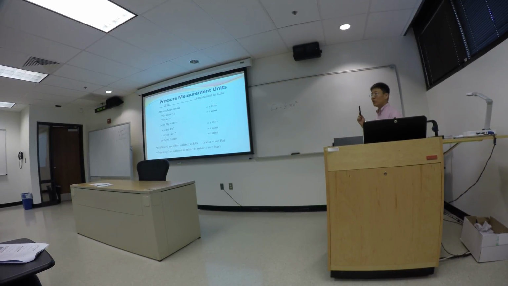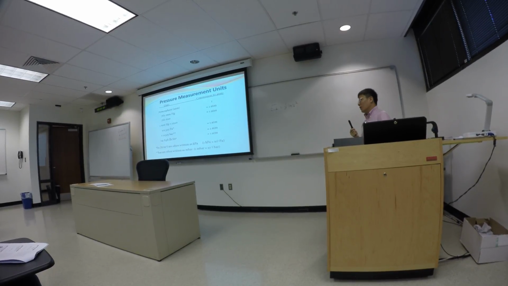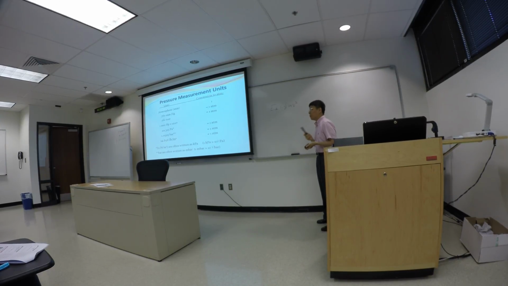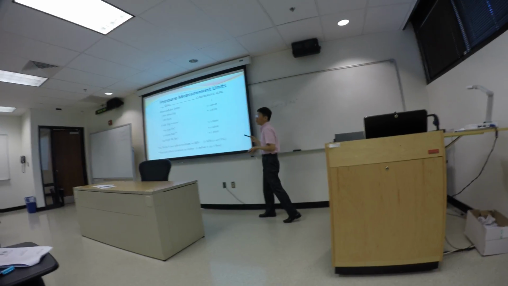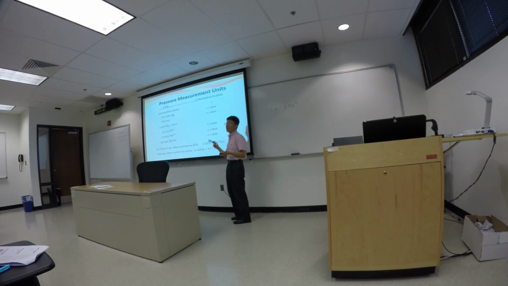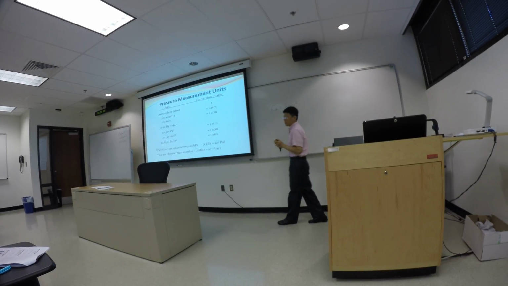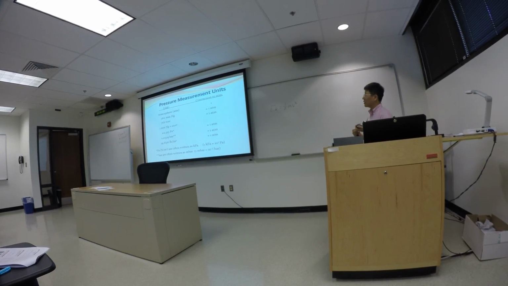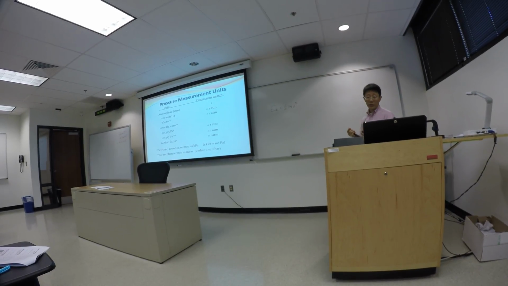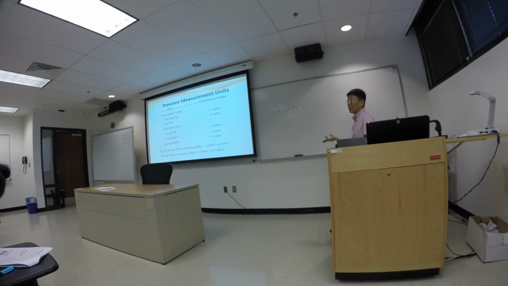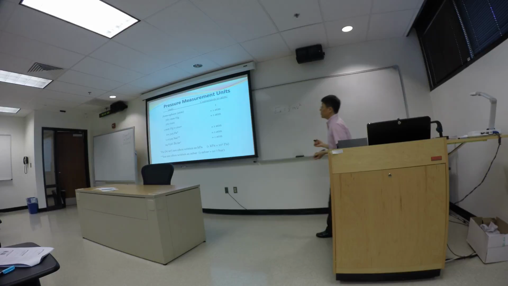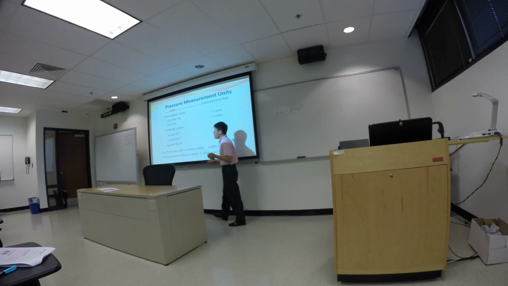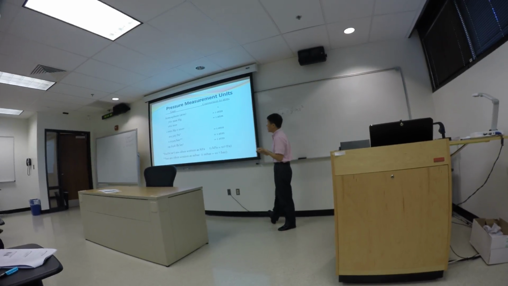So pressure can be measured in different units. It's very important that you pay attention to all these different units. You don't have to memorize them, that's a good thing. We will give you the conversion factors, but you need to know what the common units are that we use when we deal with gas law problems. So millimeters of mercury to atmospheric pressure: when we introduce the ideal gas law, PV equals nRT, later on, the pressure has to be in atm. So more than likely when you do the experiment or the homework questions, the